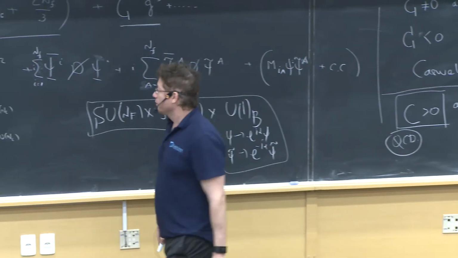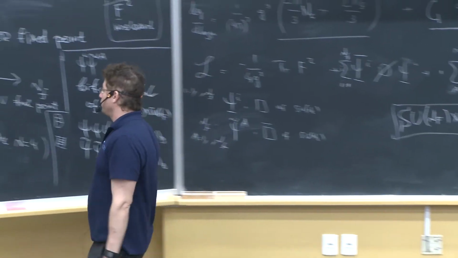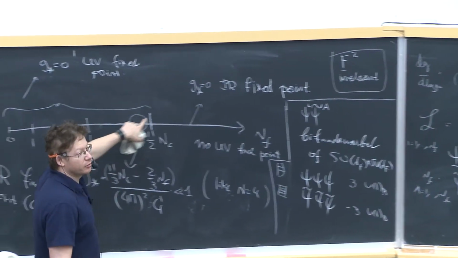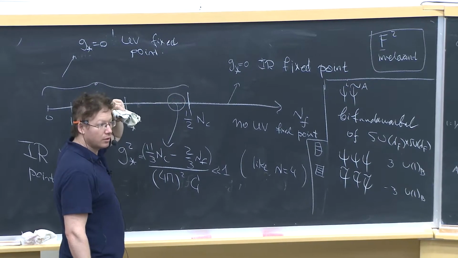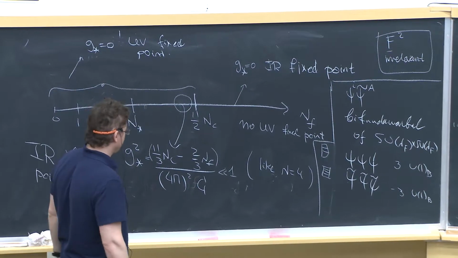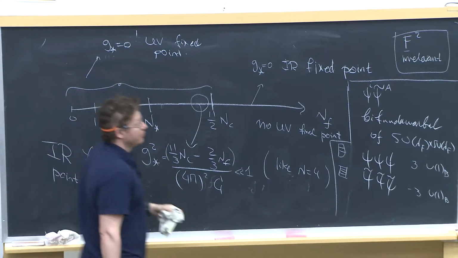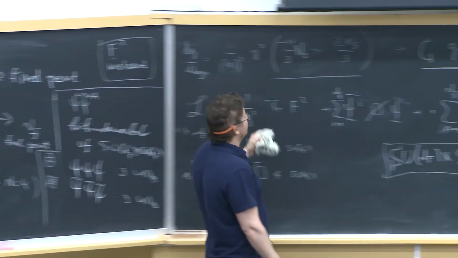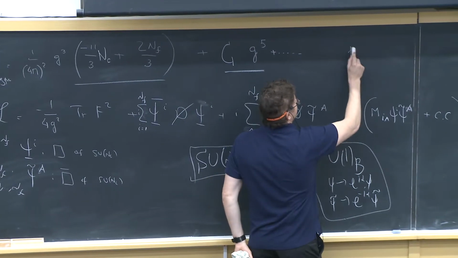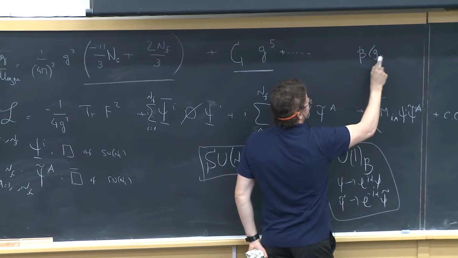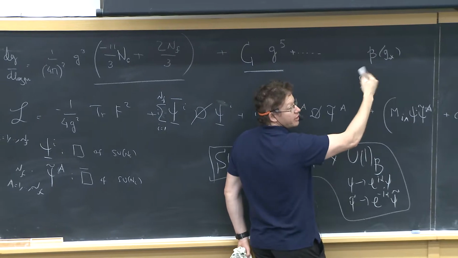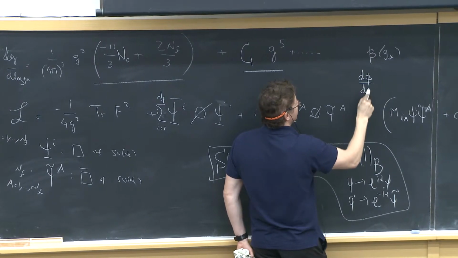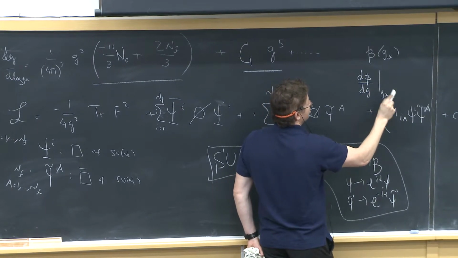The small parameter is N_f over N_c. The small parameter is the proximity to the window. So the anomalous dimension will have an expansion. Yeah, so the anomalous dimension is obtained in the following way. In general, the prescription is that you take the beta function at g star, and you take its derivative. So you study the beta function near g star, you take its derivative, evaluate it at g star, and that's